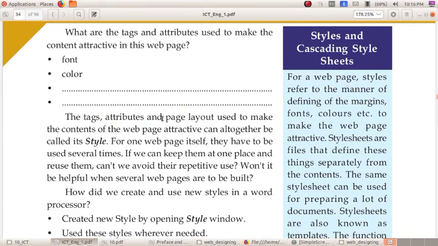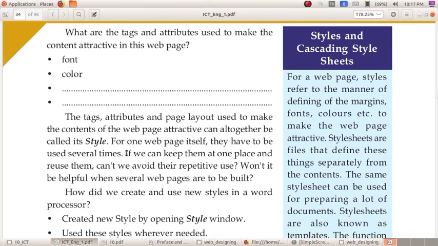Tag plus attribute plus page layout, altogether known as style. So it is used to make the contents of the web page more attractive. So what do you mean by style? The tags, attributes and page layout used to make the contents of the web page more attractive can altogether be called style.